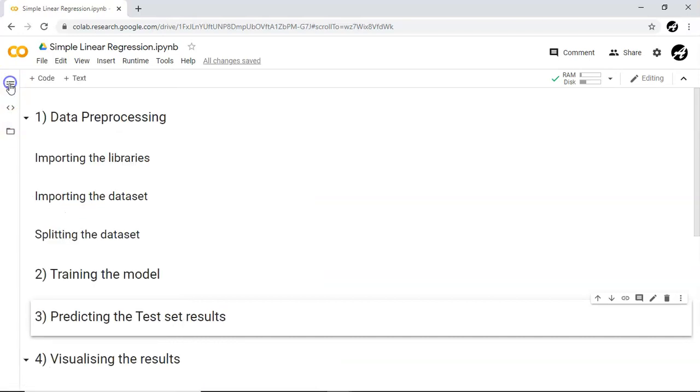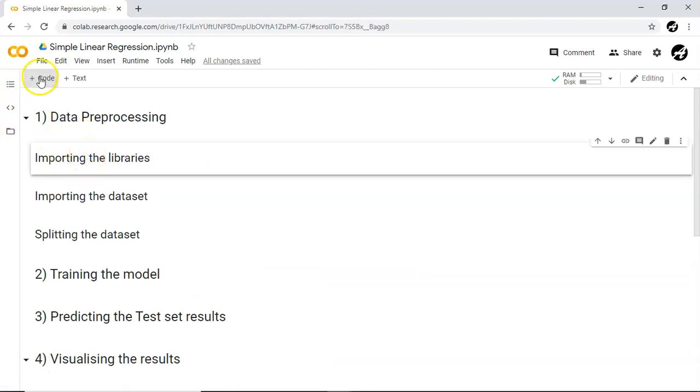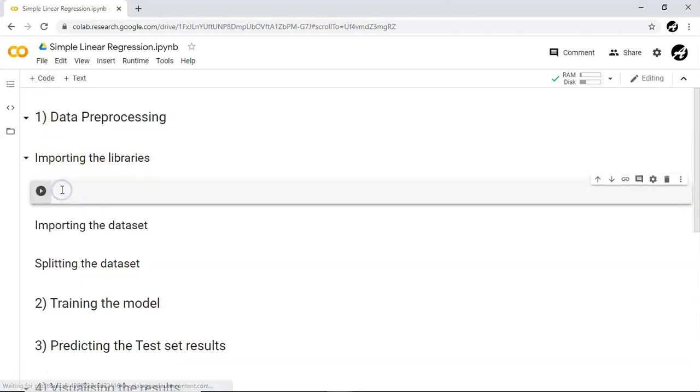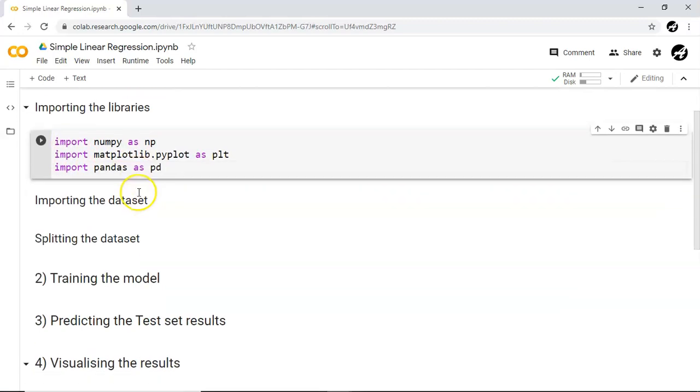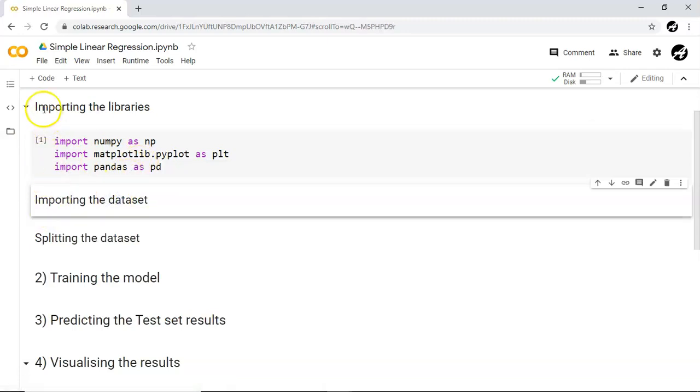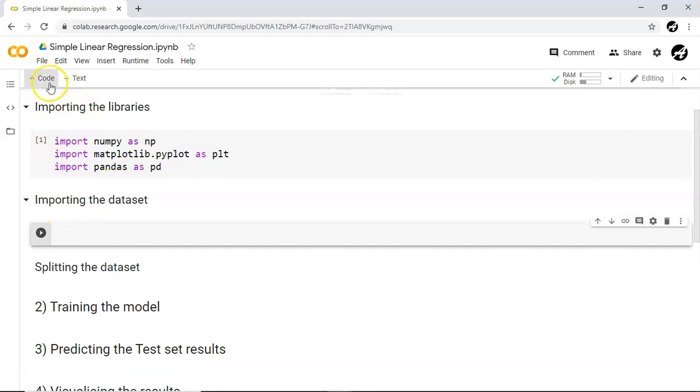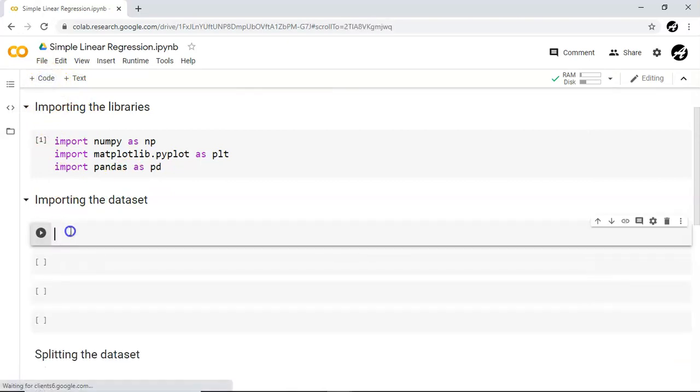Alright. So first thing, in the data pre-processing part, we are going to import the libraries. All those basic necessary libraries, we are just going to import, just like what we did in the earlier data pre-processing section. NumPy, matplotlib and pandas. Next, we want to import the dataset.